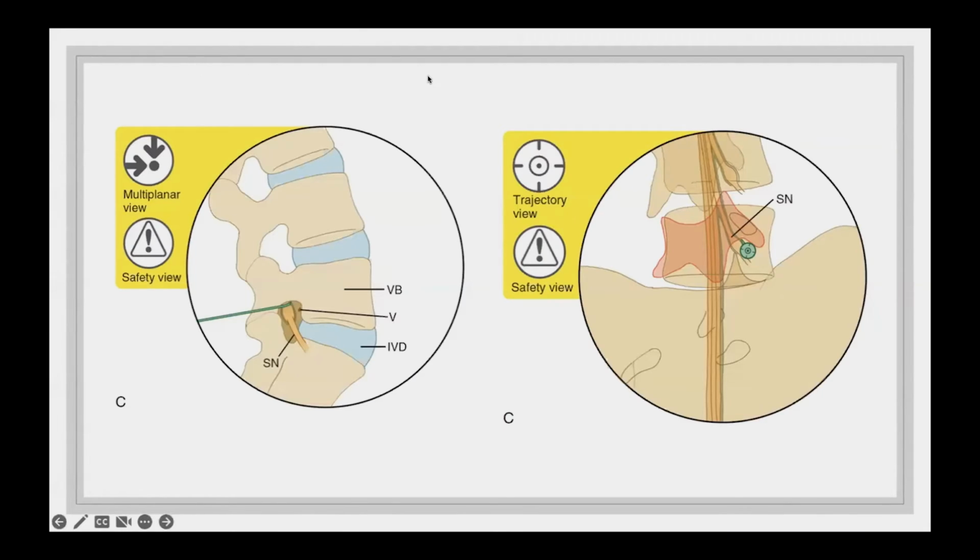This demonstrates that same injection that we talked about, but from a side view. This green thing is the needle itself, and then we're seeing the vertebrae, the bones of the back. This is that disc, and you can imagine this disc, if it pinches backwards, will pinch right up against this nerve. So we're safely going in under X-ray guidance and putting the needle tip right there so that we can safely inject right along that nerve. It deposits all that steroid there and reduces inflammation, because that inflammation along the nerve is what's causing a lot of those nerve shooting types of pain that originate from the back.